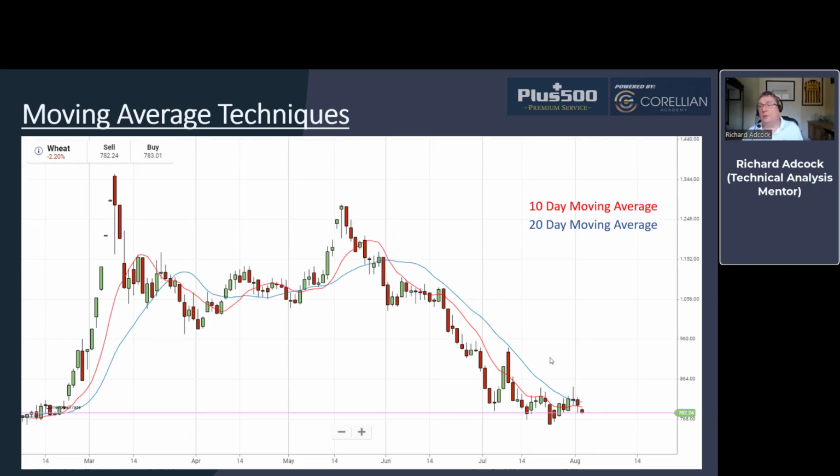However, when we start to look at things like wheat, which has obviously got its own fundamental conditions dominating and the exports of grain coming out of Ukraine, hopefully, then the recovery has been much less. And we're still seeing more negative themes, more bearish trending conditions still evident within price action, reflected by the 10-period moving average still being below the 20-period moving average, and now both starting to fall. So within this setup, it's still looking as though moving averages are highlighting the ongoing downtrend and the risk for